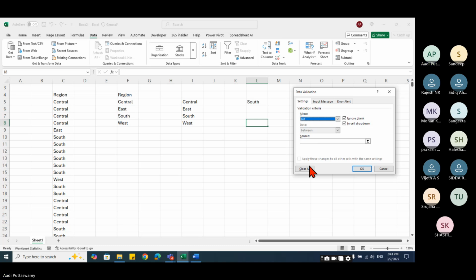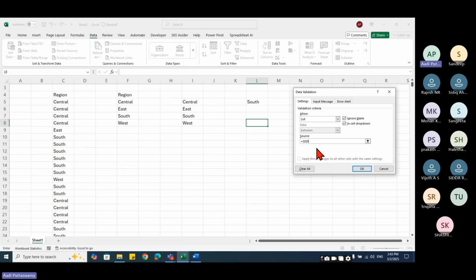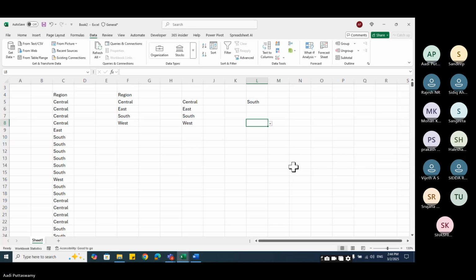Here we'll take this. Can you see this? I just selected that first UNIQUE formula cell and used one hash. Say okay. I selected only that particular cell where I have that UNIQUE formula. Let's go and check. See,